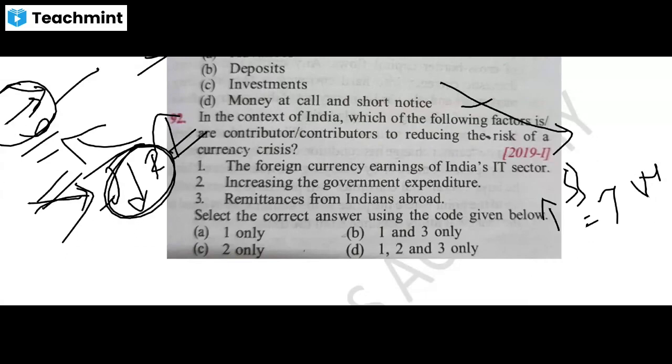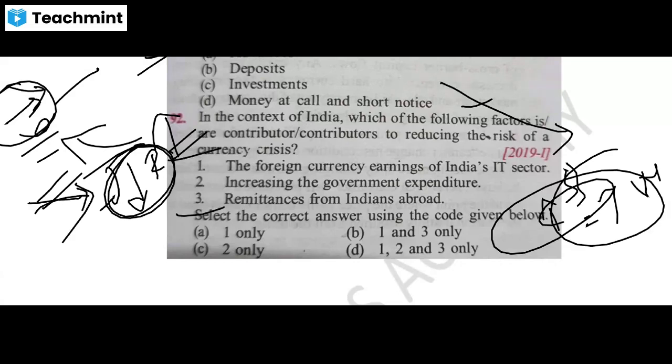That is your Indian money, Indian currency, Indian notes. So in these three, statements 1 and 3 tell about the inflow of money from outside, but statement 2 is not telling about this thing. So if you eliminate statement 2, then you can easily get the answer, that is 1 and 3 are correct.